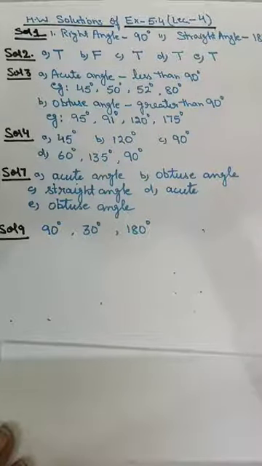D. When the sum of the measure of two angles is that of a right angle, then each one of them is an acute angle. E. When the sum of the measure of two angles is that of a straight angle, and if one of them is acute, then the other should be obtuse. Okay, if one is acute and the sum is 180 degree, then the other must be obtuse, because two acute angles will not make the obtuse angle. It must be one obtuse.